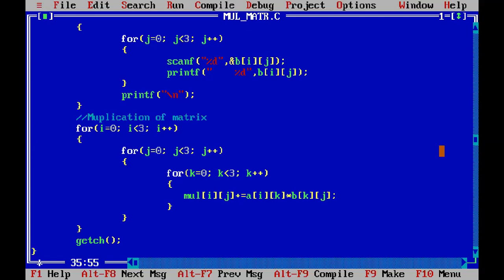The thing is, if you take pen and paper and try to write down the index for the matrix multiplication, then you will really get it. Otherwise, just by observing this video, it's quite difficult to understand this logic. But definitely, if you take pen and paper and take one 3 by